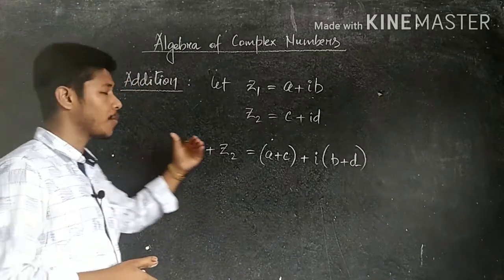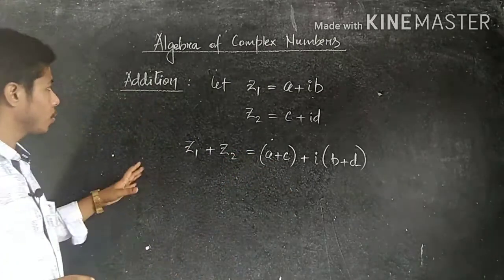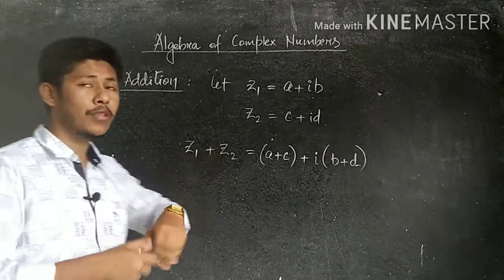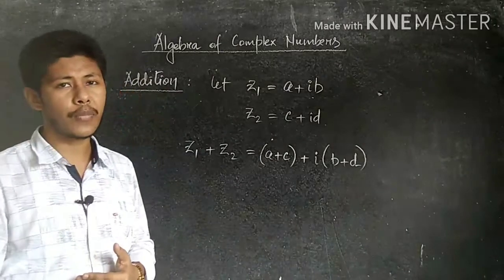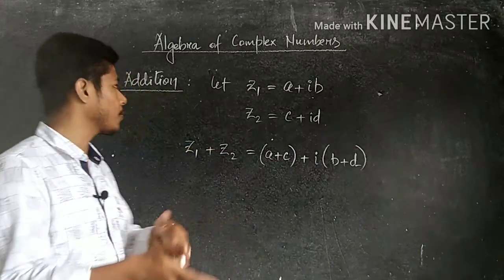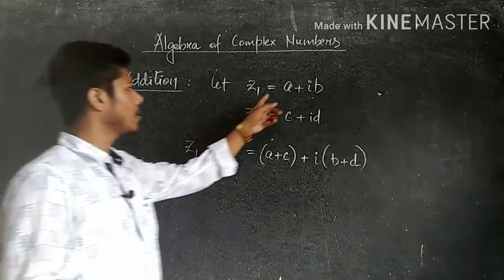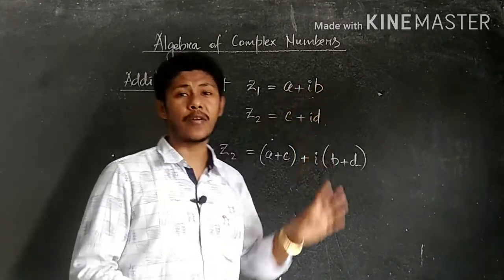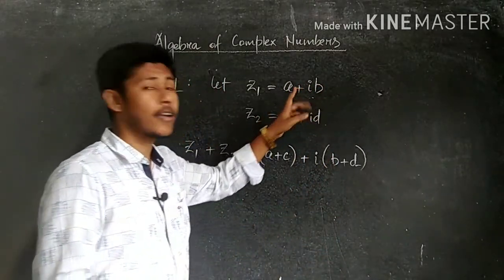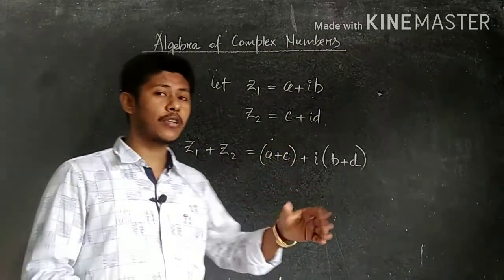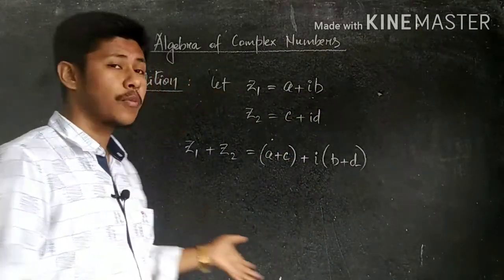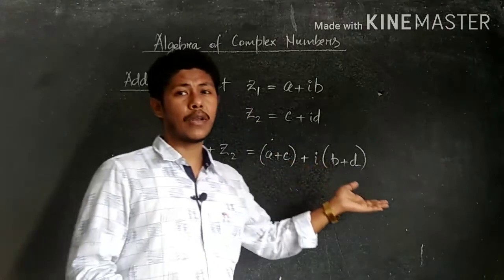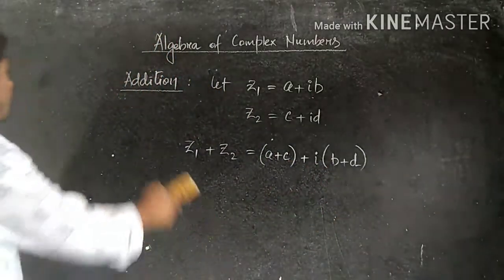Now the same process we have to do for the subtraction part also. When we subtract 2 complex numbers, we subtract the real part with the real part and the imaginary part with the imaginary part. In this case we consider only a plus ib. Remember that a complex number is not only of the form a plus ib or c plus id. We can write the complex number in negative also. So the complex number is of the form a minus ib also, or c minus id also. If subtraction is given, then we can solve in this way too. So let's take an example for subtraction here.